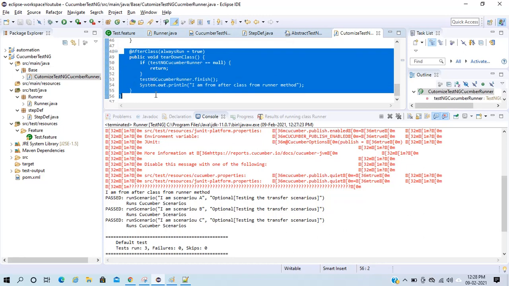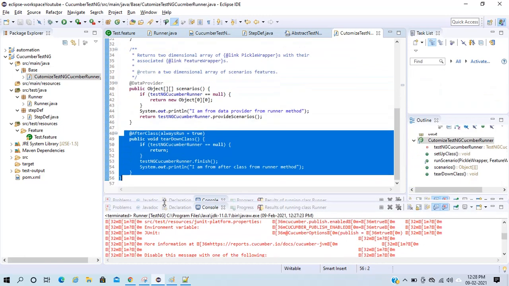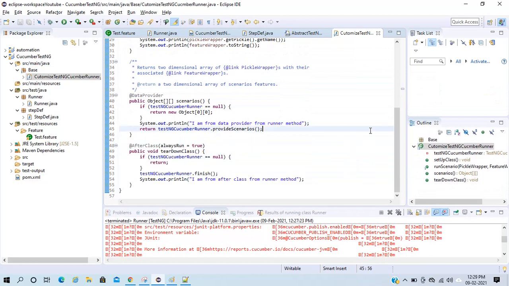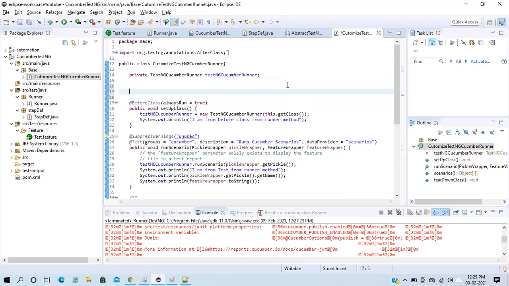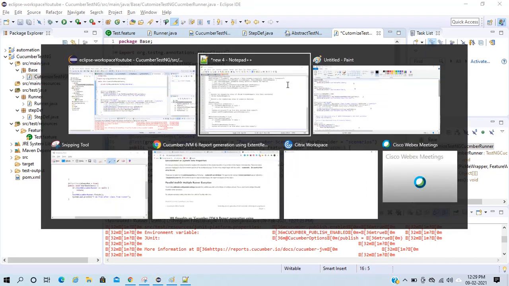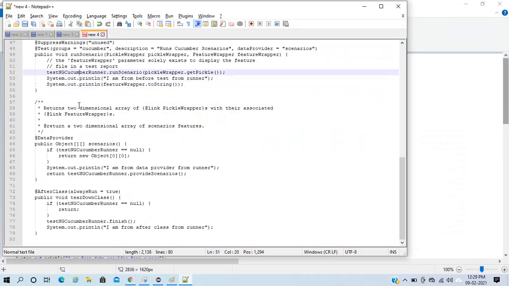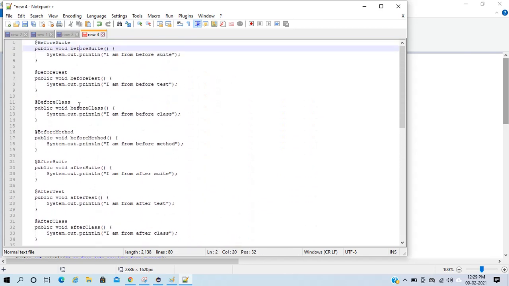So this is the flow, and now I will combine this with my TestNG annotations. Here I have written some annotations. These are my TestNG annotations.